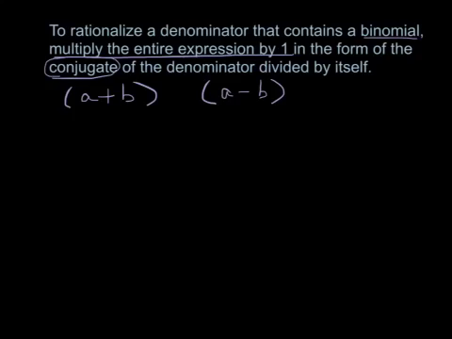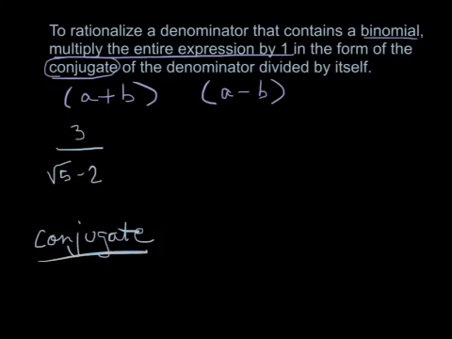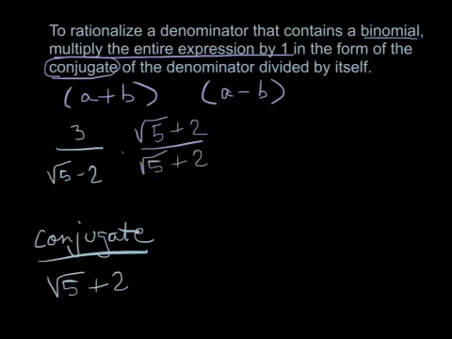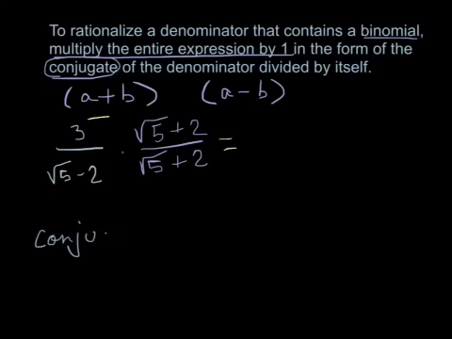Let's try this. 3 over radical 5 minus 2. So what's the conjugate of radical 5 minus 2 going to be? That's right, radical 5 plus 2. So I'm going to multiply my numerator and my denominator by radical 5 plus 2 over radical 5 plus 2. So here we go. I'm going to erase this down here so we have room to work. So first I'll just distribute the 3 over both of these terms. So I'm going to get 3 times radical 5 plus 2